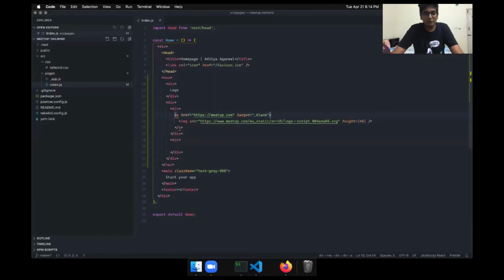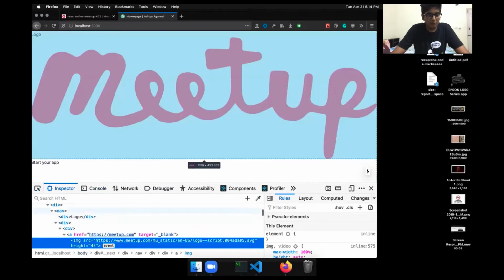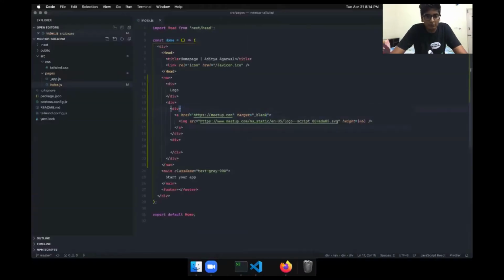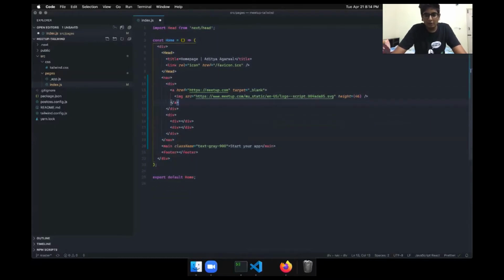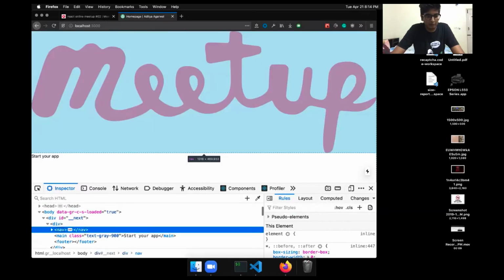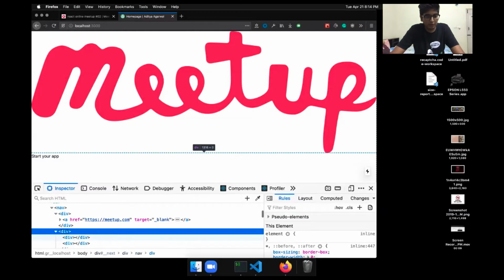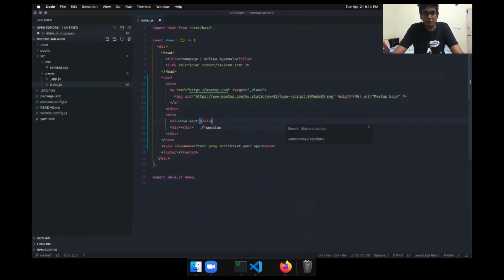Cool. So this is not looking good. What we are seeing is we have a nav, and then there is another div, and okay, I put it in the wrong div. So remove this from here, put it here, and this alt will be meetup logo. So we have our div, and there is a nav. Now we have an a tag and another div with it. Okay, so let's fill some content here as well. One section, second section.